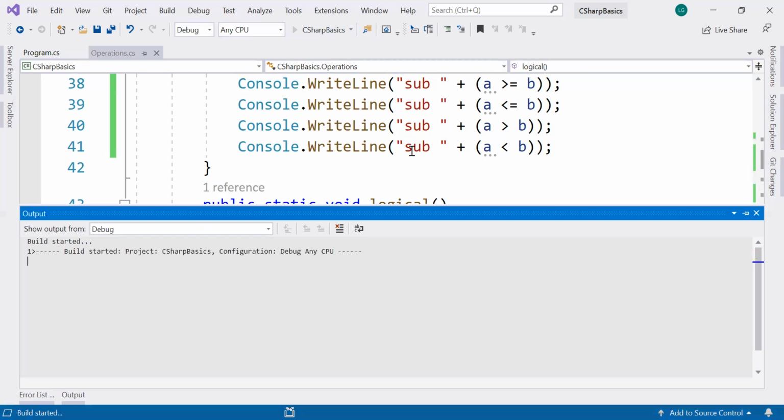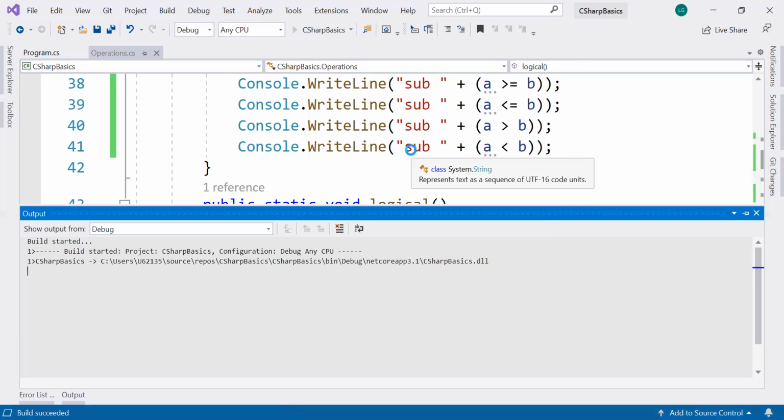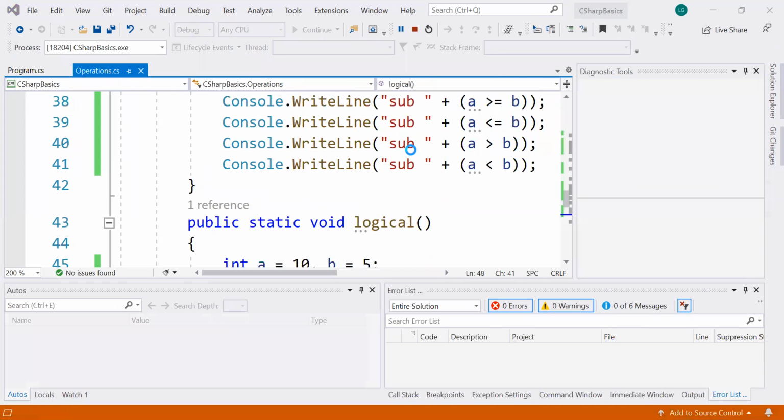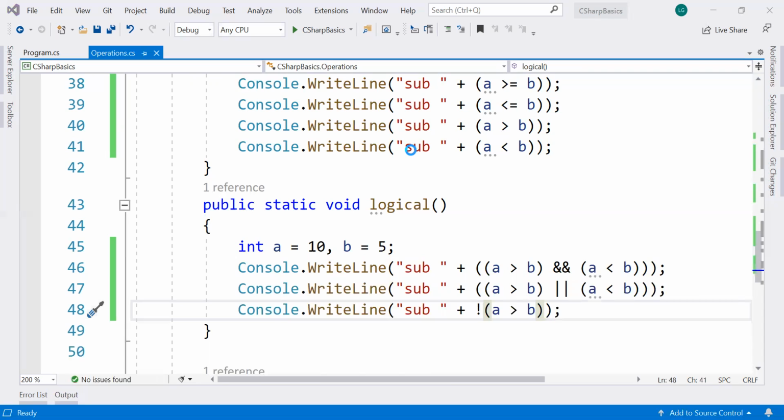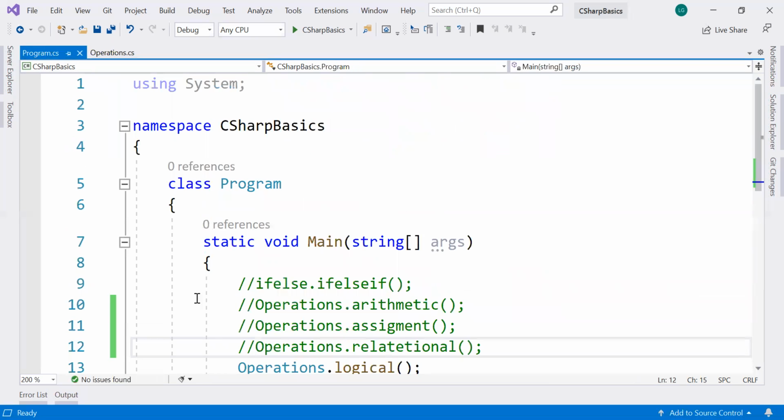If it is false, it will give true. False, because we are using the final one, 10 is greater than 5. If it is giving true, then it will convert to false, because we use not, right?